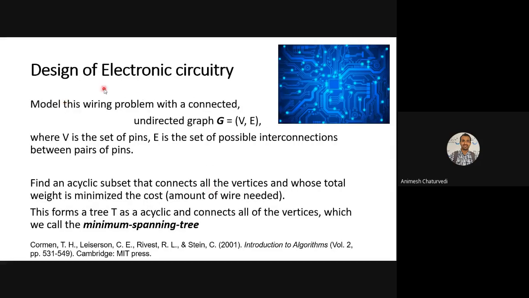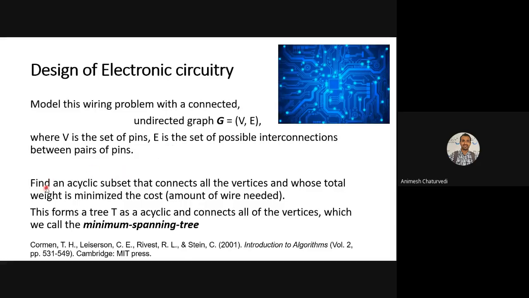This problem, design of electronic circuit, can be modeled in terms of graphs: the vertices are the set of pins, and the edges are the possible connections between pairs of pins.